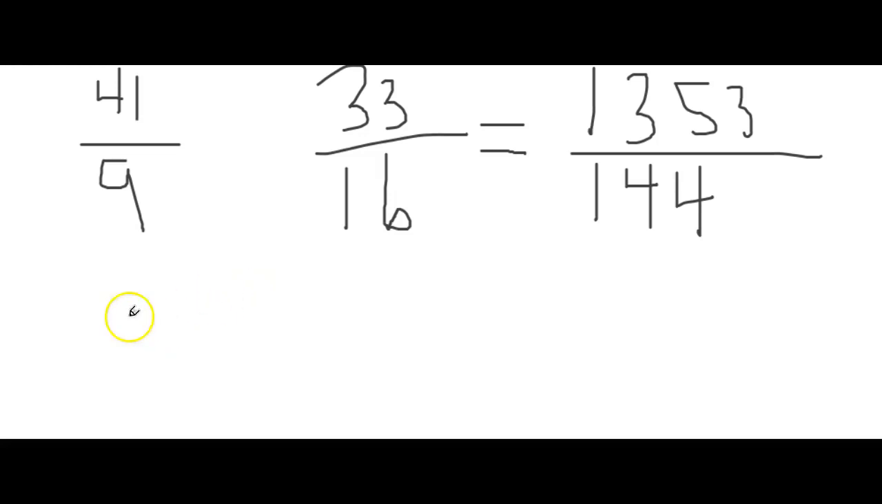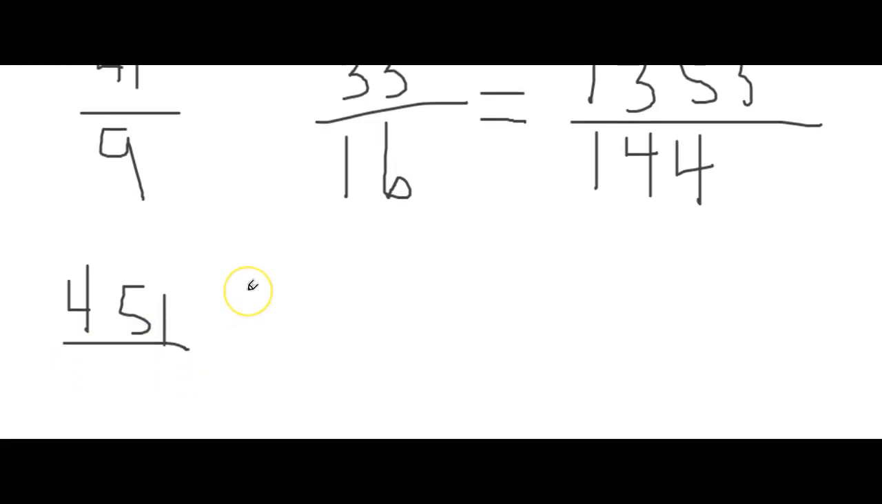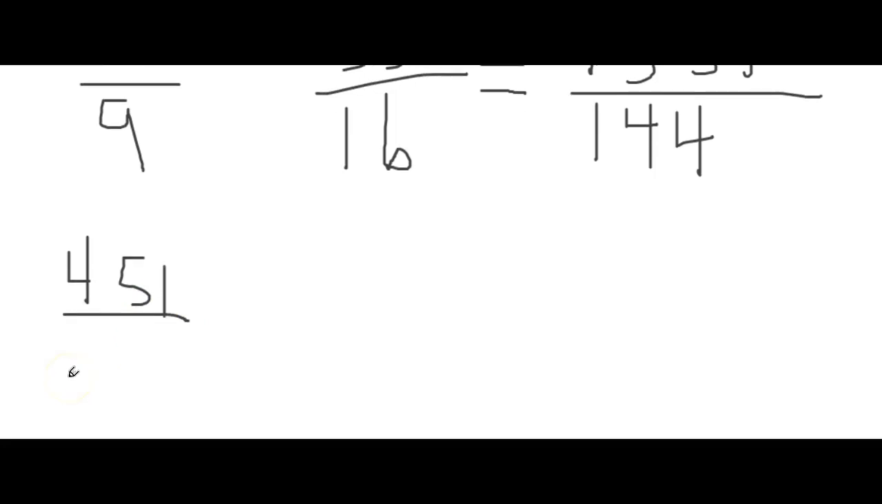So if you divide 1,353 by 3, you get 451. If you divide 144 by 3, you get 48. Okay, now at this point, you gotta see if there's any more common factors that they can be divided by. I know that 48 can be divided by 2. Can it be divided by 3? No, I don't think it can be divided by 3. 48 divided by 3 is 16. So yes, it can be divided by 3, but